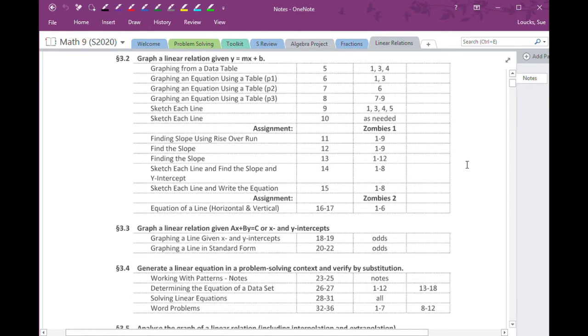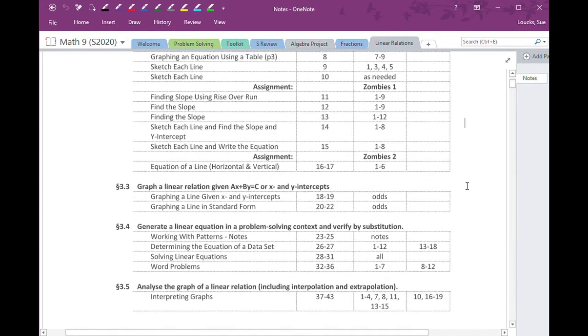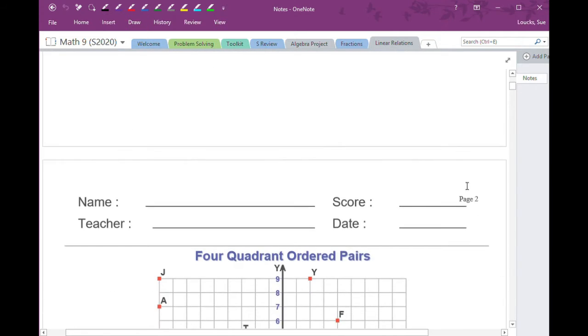All right, so this first page gives you all the assignments that you have and the practice assignments and a summary of what topics we're going to cover. So we're starting with